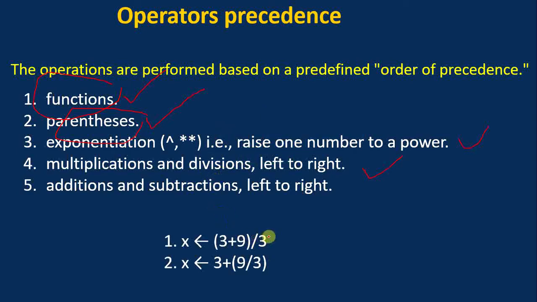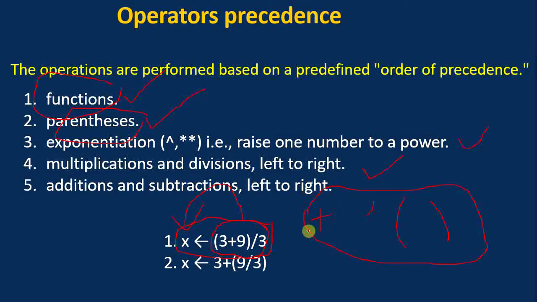So let's assume this is an expression. The right side expression will be evaluated, and the result will be assigned to the left side operand. At the right side you have 3 operators: a parenthesis operator, a plus operator, and a division operator. So when you have 3 operators, which operator is supposed to be evaluated first? It depends on its precedence level.